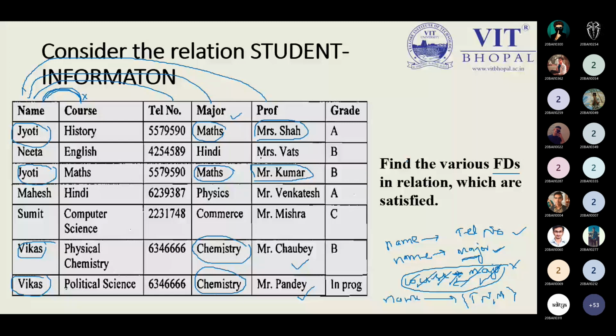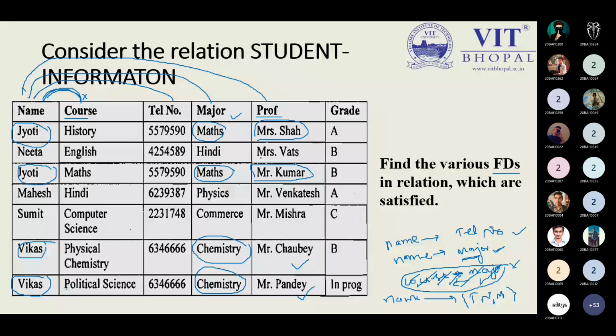Now come to the point: grade. So grade depends on the student name, course, telephone number, major, professor. What can we say? Okay, first, what is the relationship between professor and course? Tell me the relationship between the professor and course, and professor and telephone. There is no relationship. And professor and mathematics, again we don't have a relationship, because